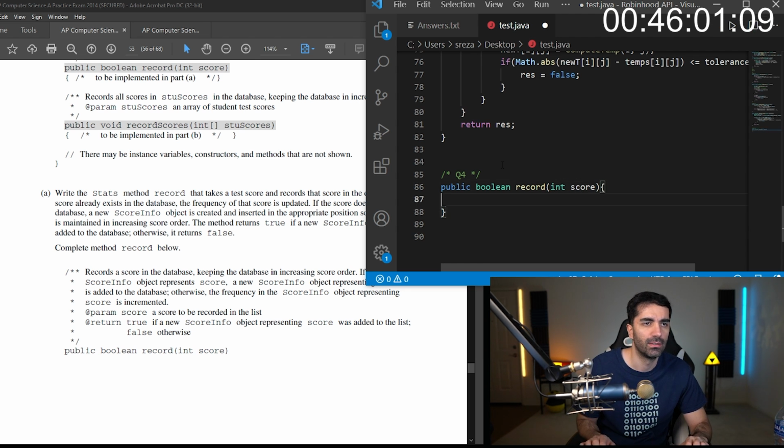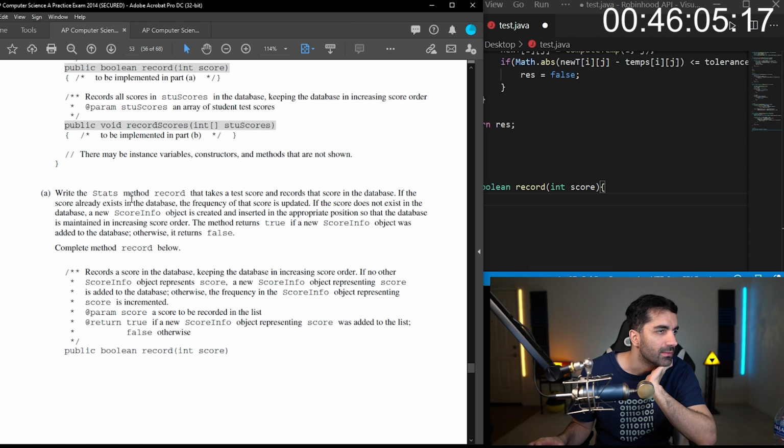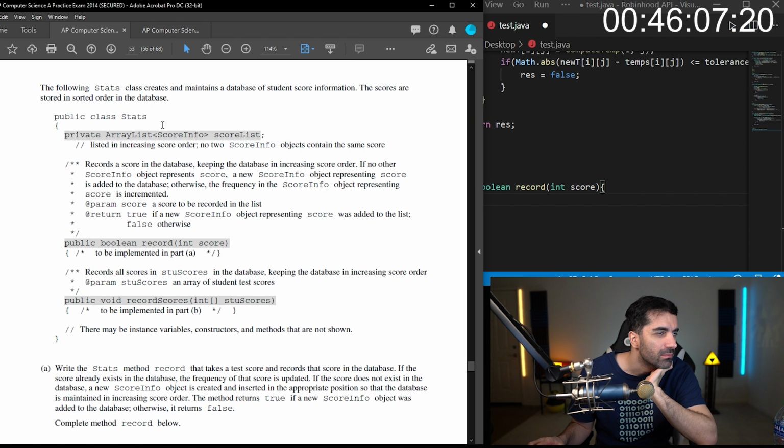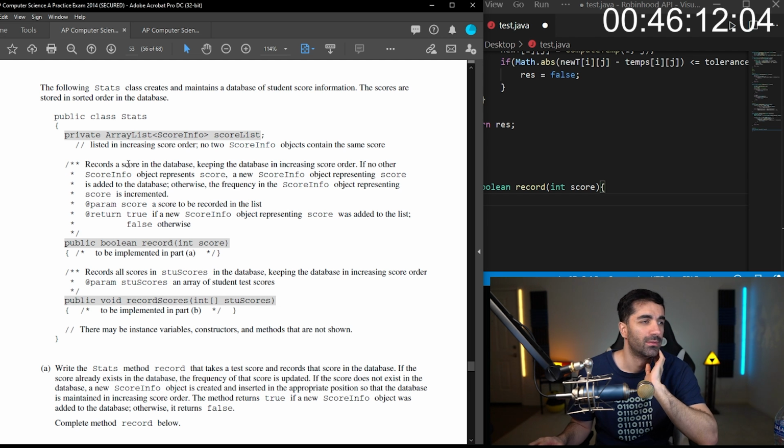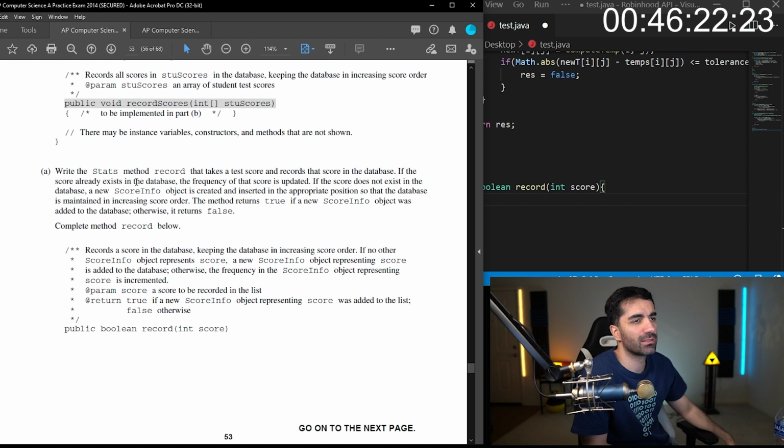So we have score. So what does this do? Record score. Write the stats method record that takes the test score and records that score in the database.